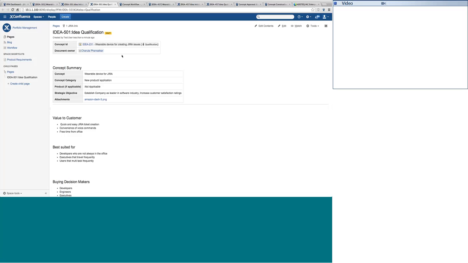For this purpose, we have come up with the ad hoc workflow from Confluence, which is a very small 4-step workflow, which has draft, ready, reviewed, and published, only these 4 steps. It is possible for me to simply go and make my document ready for sending it for review. Once I say accept, you can see that the status of the document has changed from ready to review.